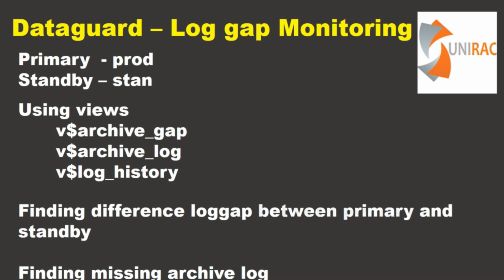In this session, we have a missing archive as well. We'll see what difference we had, the number of logs found different between standby and primary. We'll also have another video on how to fill this gap between standby and primary, the missing archives, using RMAN incremental backup. So let's move on to the lab session to find the log gap between primary and standby.